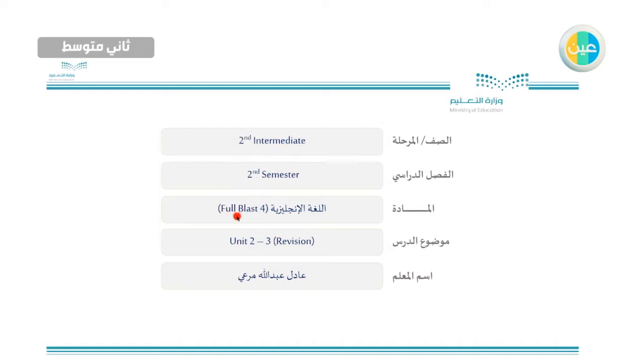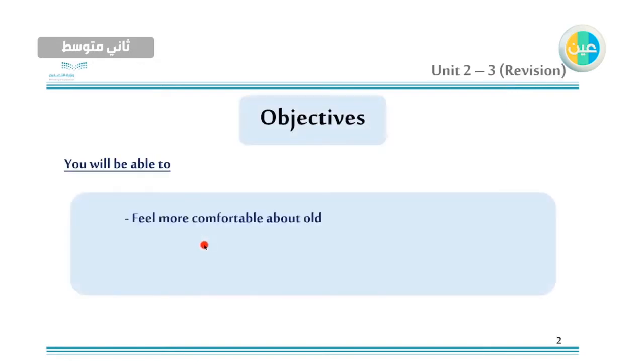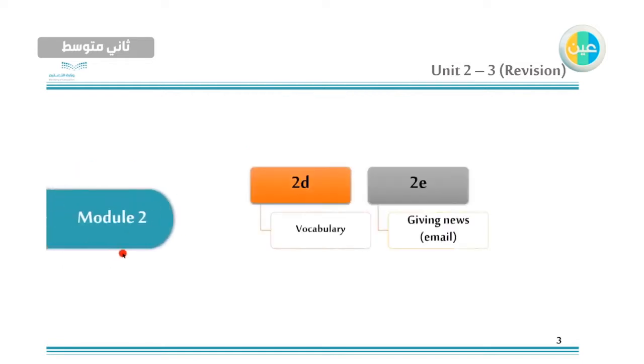The textbook Full Blast 4. And today's lesson is going to be a revision of Unit 2 and 3. By the end of this lesson, you will be able to feel more comfortable about all the content that you've studied and be confident about what you have learned, and develop strategies for revision and preparation for the final exam. So in Module 2, we will discuss some vocabulary in Lesson 2D, and we will go through how to